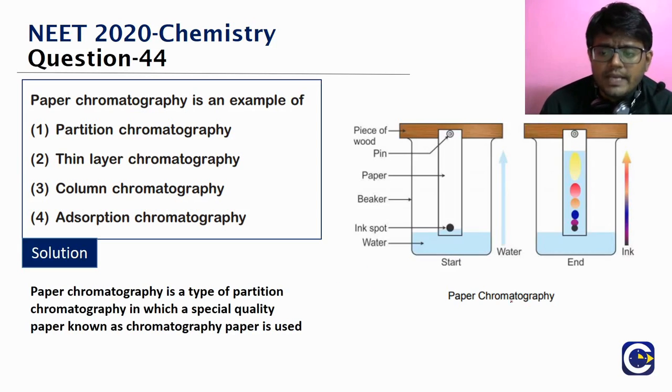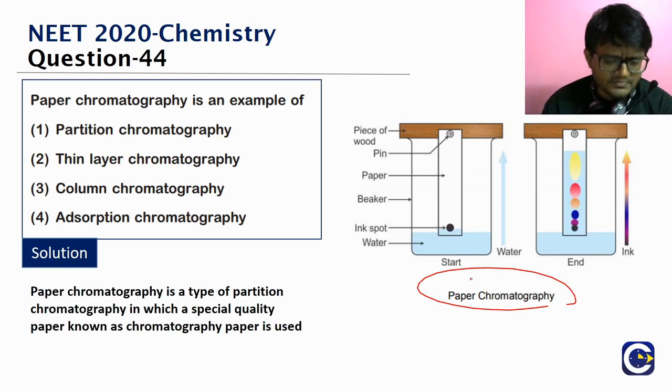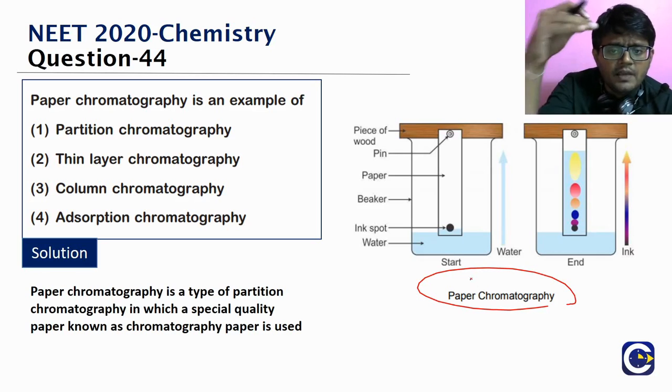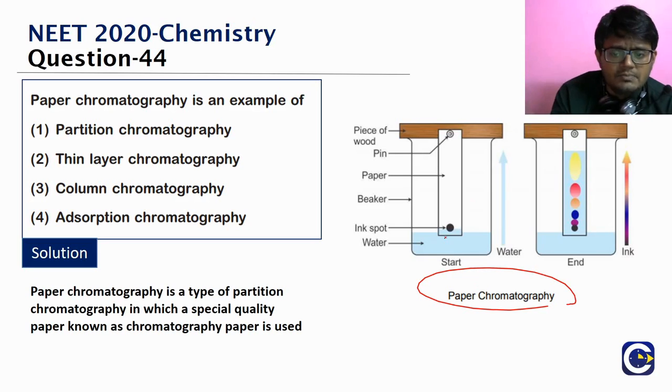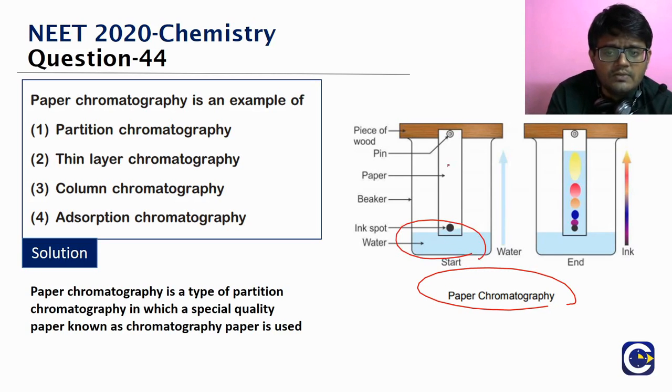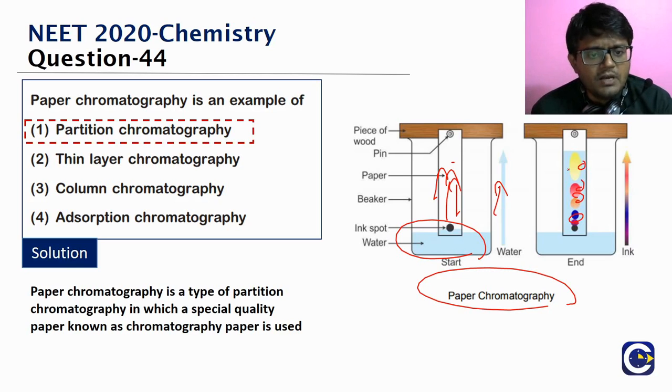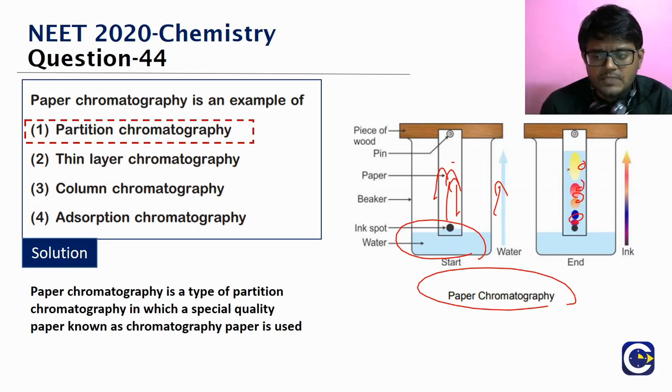Okay, so if you look, there are descending type of paper chromatography and ascending type of paper chromatography, depending upon where we keep the solution. So what we see here is an ascending type. We'll have the solution at the bottom, and we'll have the chromatography paper, and we'll see that the solution will be ascending through. After a while, at different layers, you will be able to see the demarcation of the colors being formed. So what is this? This is an example of partition chromatography, and it is also a little bit less expensive method.